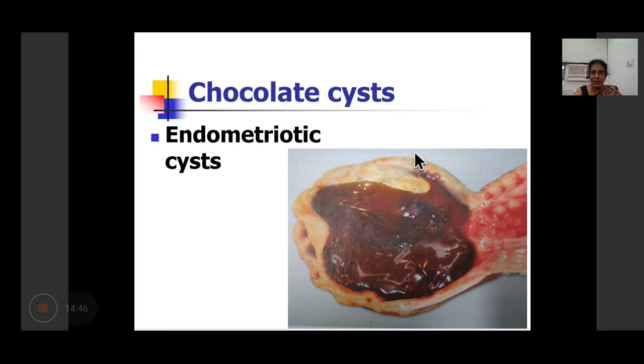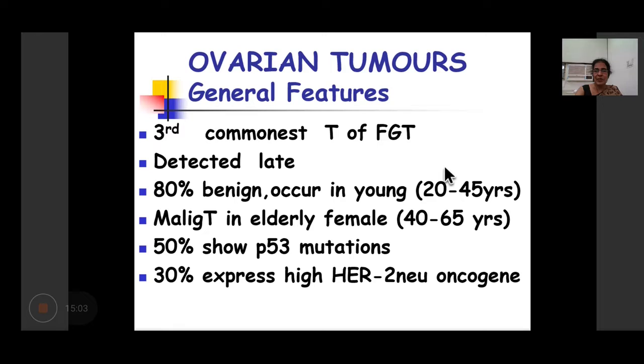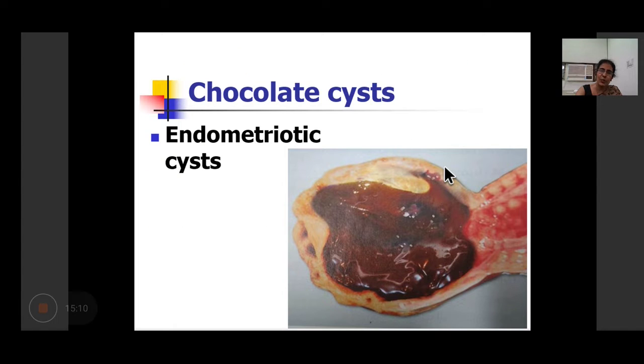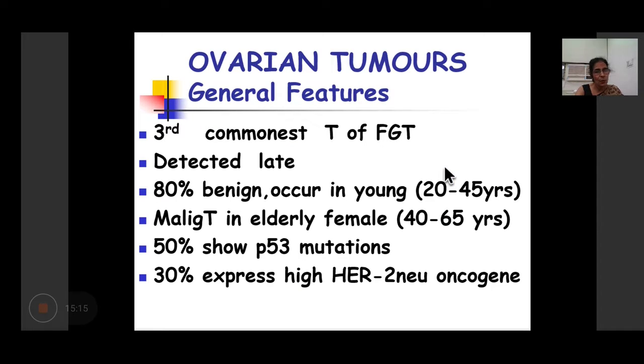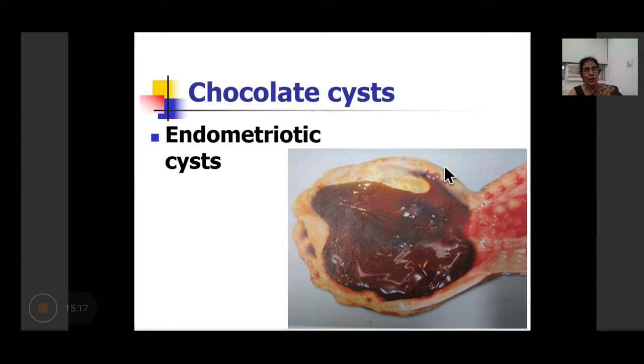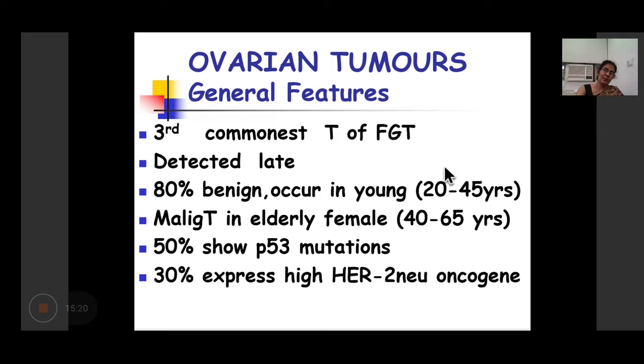And when it gets ruptured or in the wall of the ovary itself, there is fibrous thickening of the wall, which you can see. So this fibrous thickening leads to frozen, thickened pelvic fibrosis. The patient will present with infertility. So that was about the cystic follicles and endometriotic cyst, which are the most common non-neoplastic cysts in the ovaries. Now going on to the neoplasms of the ovary.